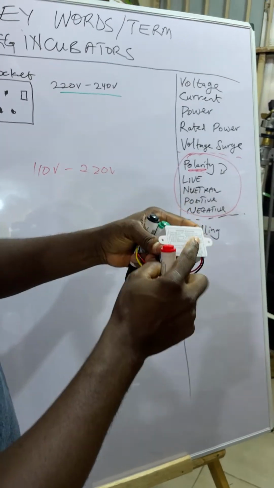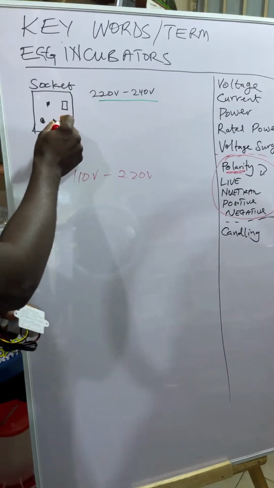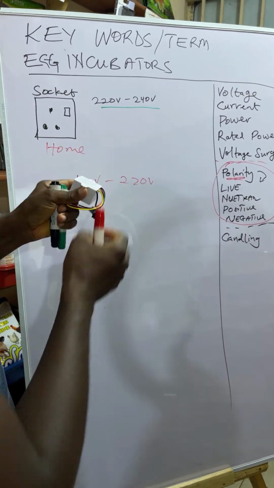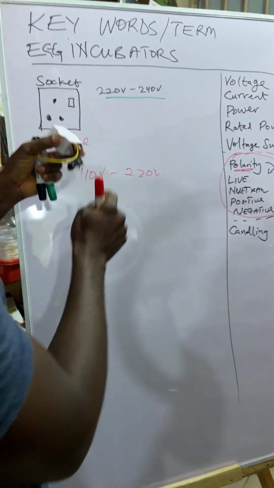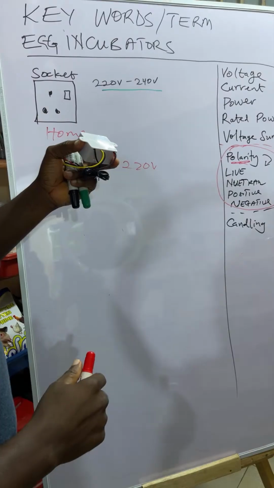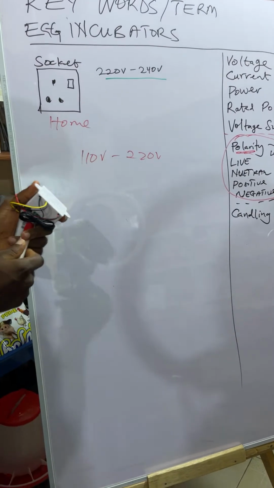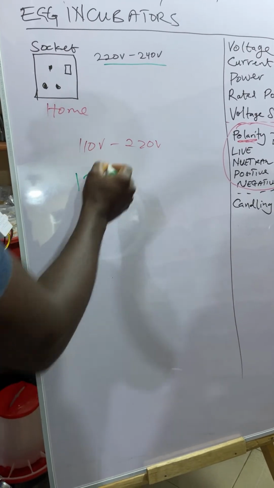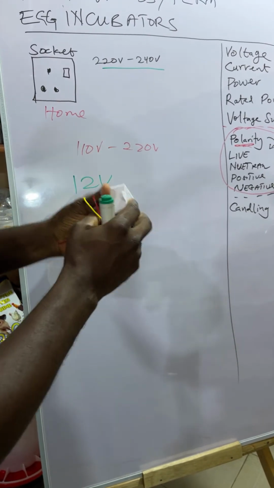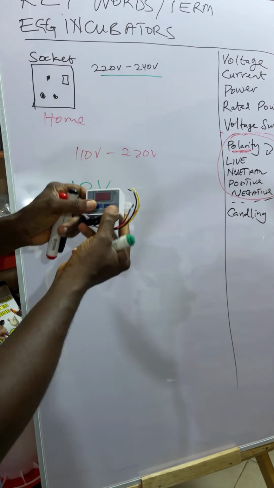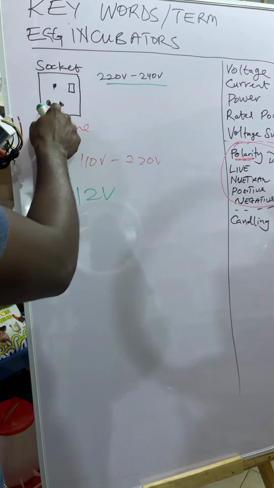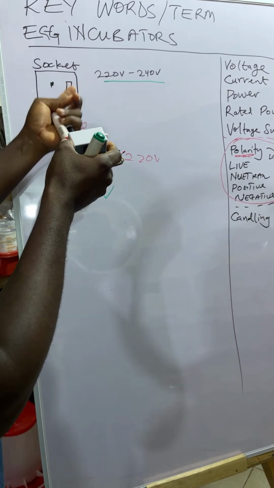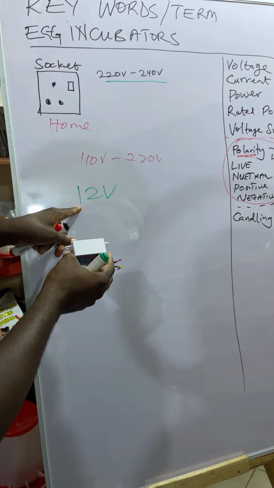So having this information, what it means is that the socket at home, if I plug this into it, I am safe because it is rated 220 volts. Let's say this one was rated 12 volts. Assuming they've written that it needs 12 volts, if I plug this 12 volt device into 220 volts, I'm trying to feed 220 volts into this small 12 volt device,